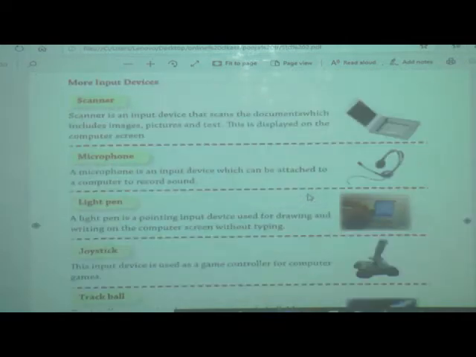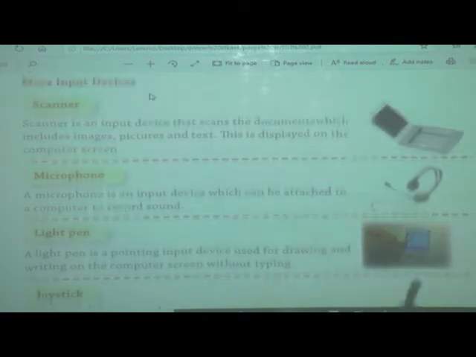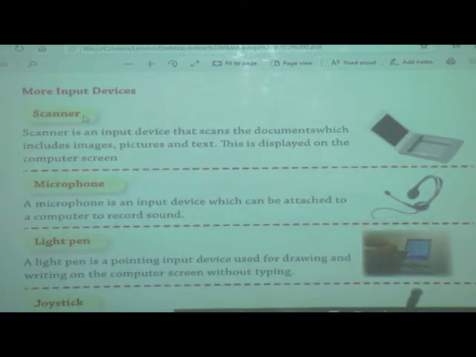Next, same like keyboard and mouse, there are different input devices. Which are they? First is a scanner. What is the use of scanner? Scanner is an input device. Why is it an input device? Because by using the scanner we are giving input to the computer. That's why scanner is an input device.